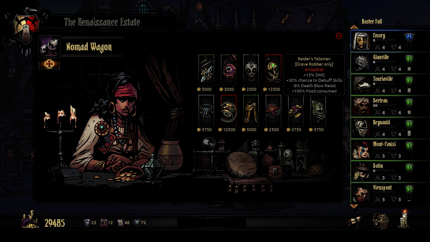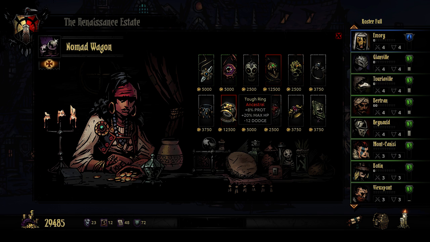Grave Robber. 15% damage, 30% chance to debuff skills. Minus 8% death blow resist. Extra food consumed. Raider's Talisman. And a tough ring. I do like both of these. And since I've got that,